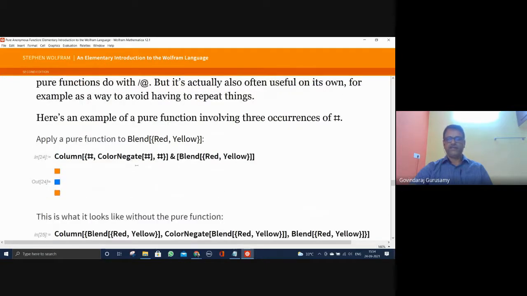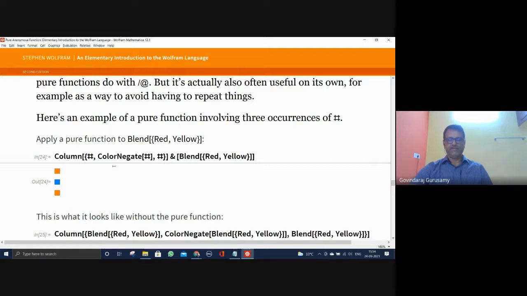Here is an example of a pure function involving 3 occurrences of slots, the hash: 1, 2, 3. 3 occurrences of this. Now what does it mean? This is blending the red and yellow, and it is being used through the hash.